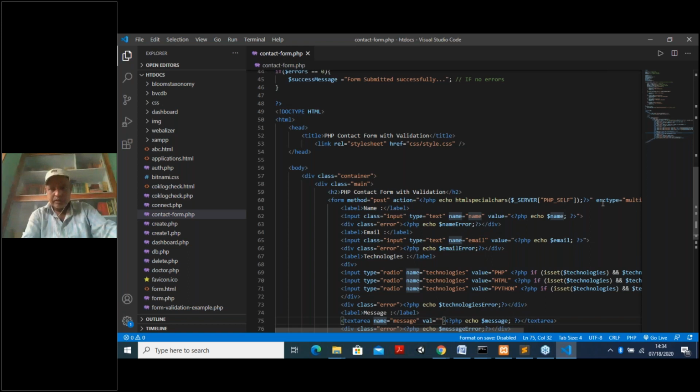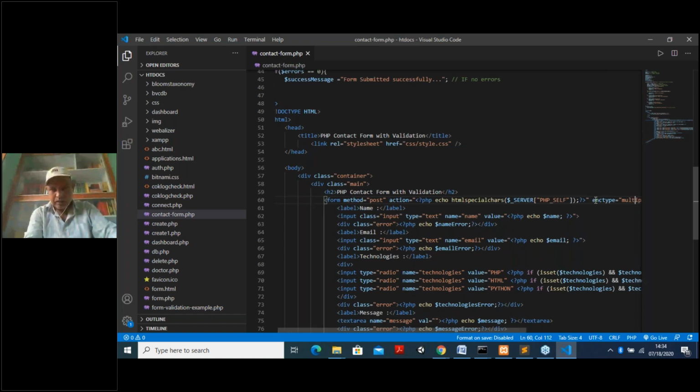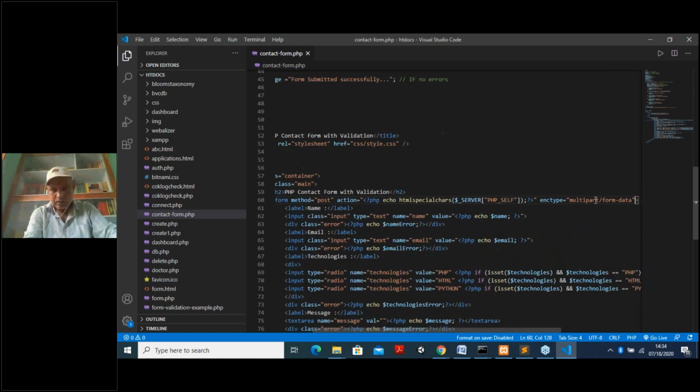Try to understand all things, and the enctype is equal to, there are three types of encryption, but I am using multipart. Yeah, I think some part is missing here, we can check it. Multipart, yes, multipart form data.